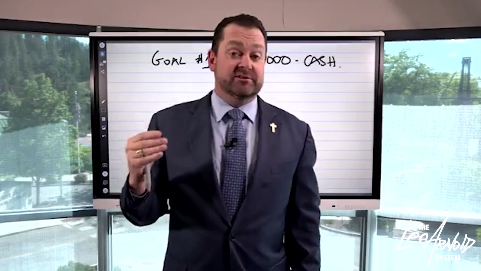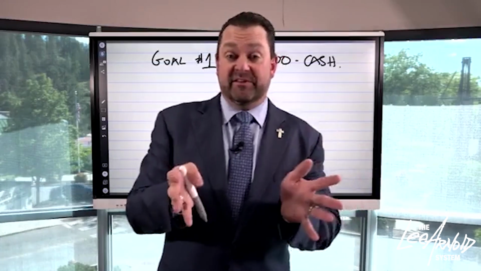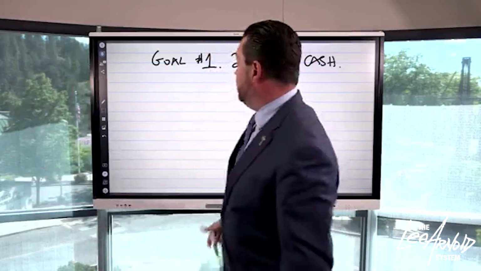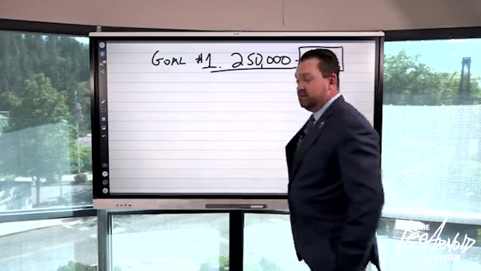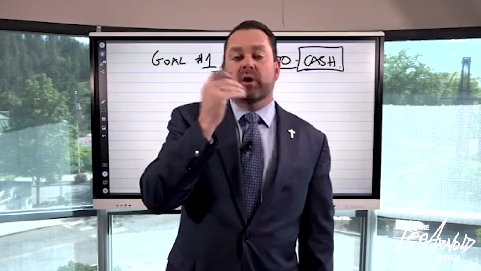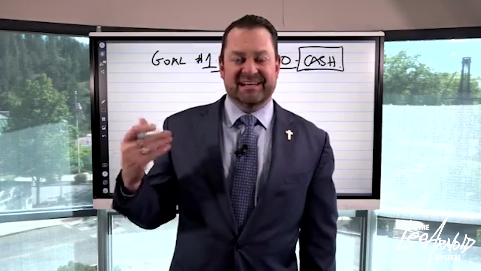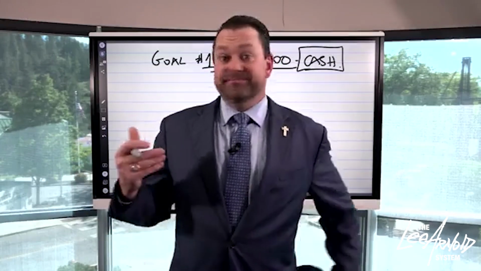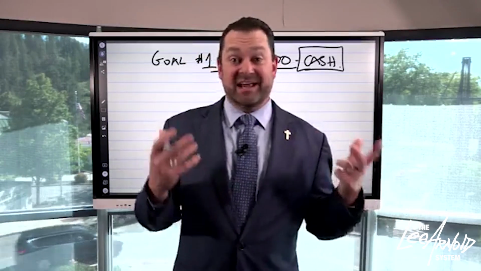Now, that $250,000 cash, once we get there, and you can, I've had clients that have produced a $250,000 return in 6 months. I've had others that have taken 6 years. But here's the goal. And it needs to be in cash, because one of the challenges that I see from many clients over the years is they don't have enough cash. And cash is fuel for business. And you can't steal in slow motion. So when we find these really great deals, we got to have cash.